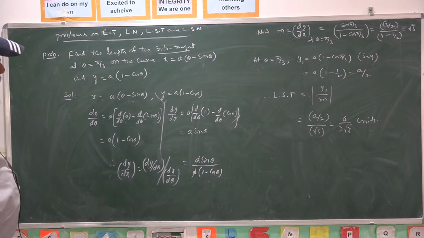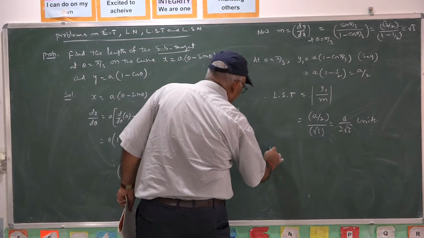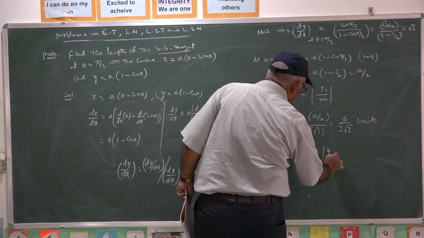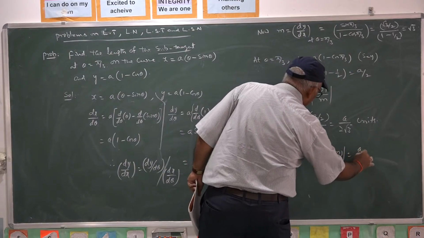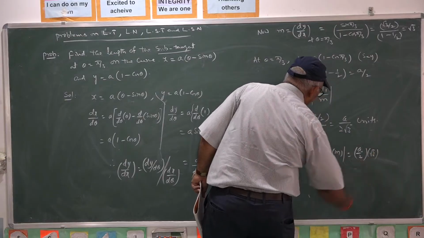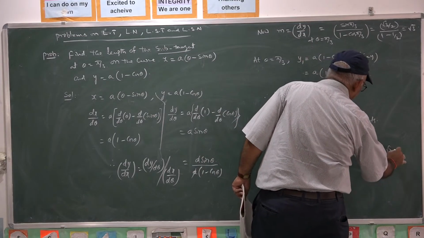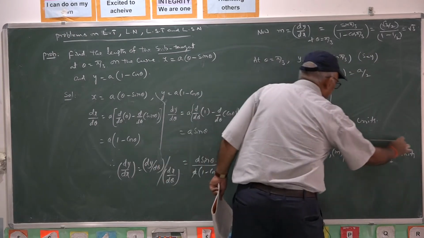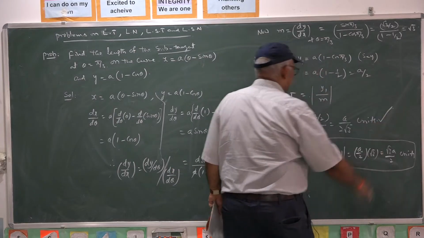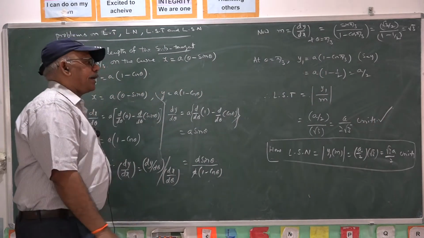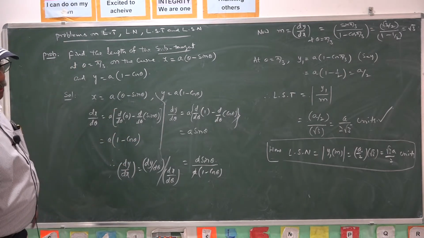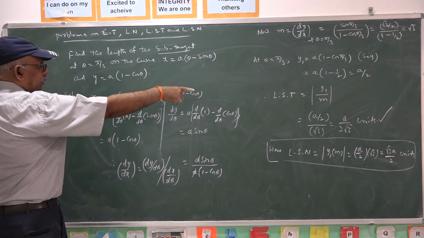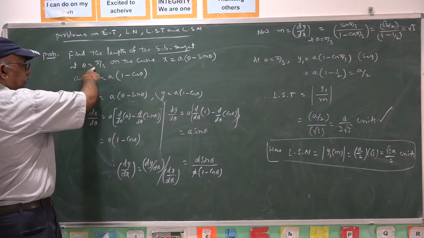In case of length of subnormal, here the length of subnormal is modulus of y1 into m, that is a by 2 into root 3 units, that is root 3a by 2 units. So, this is the length of subnormal, whereas this is the length of subtangent. Like that you can find the lengths of subtangent, subnormal and tangent, normal based on the y coordinate of the point, which is obtained here particularly for theta equal to pi by 3 in y.